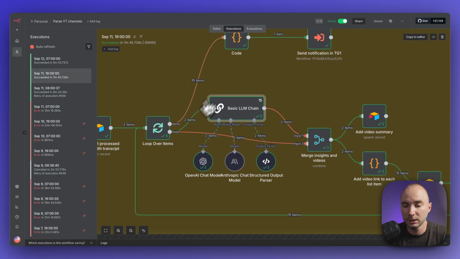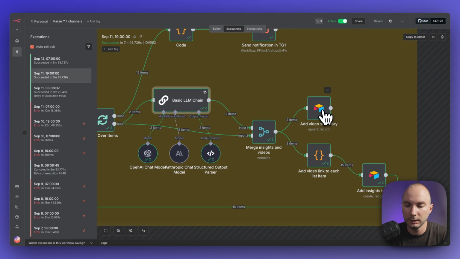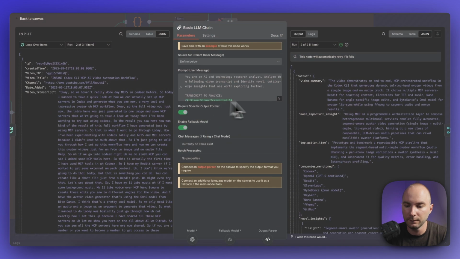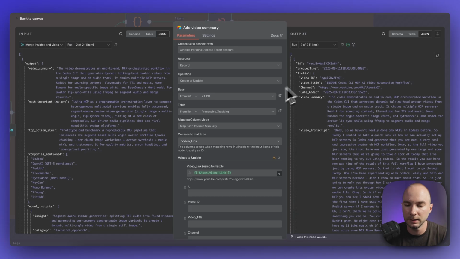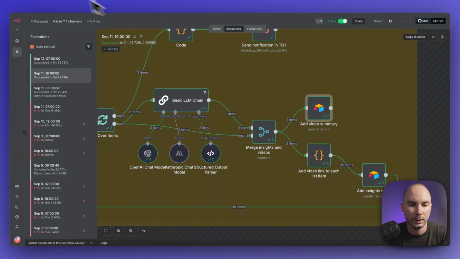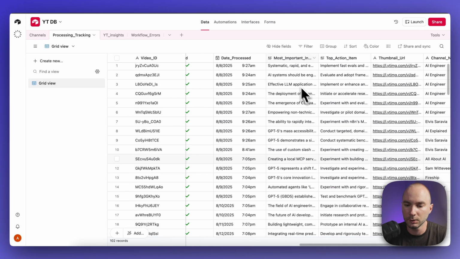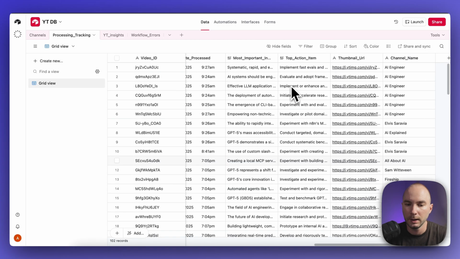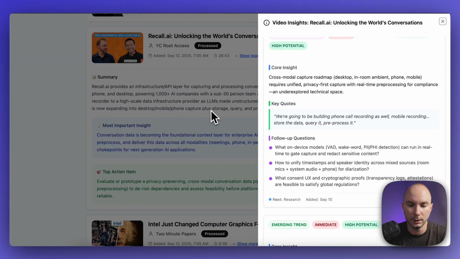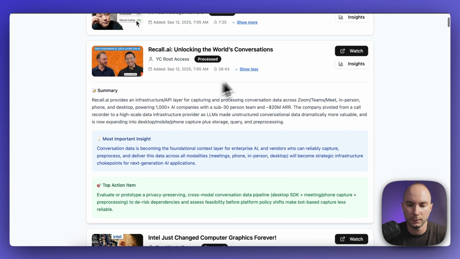Then when we successfully completed the LLM chain, we merged the initial data and the data from LLM, and we take some of the fields like video summary, most important insight, and top action item, and add them to the videos table in Airtable. I'll show it to you here, like most important thing, top action item, and then we show it in the UI here for every video,